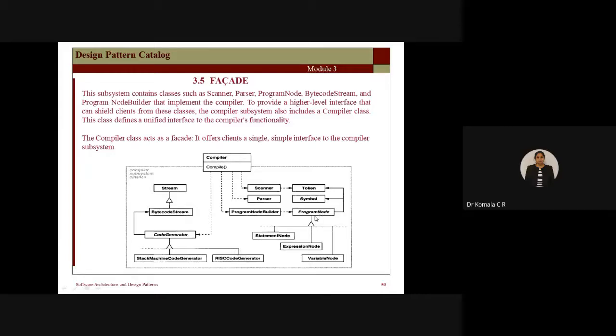So coming back to the program node, how do you identify the different types? I am giving a statement node as one child class. I have given an expression node and a variable node. You can write these according to your wish; it is not necessary to use the same child class names. You can use any names of your own.